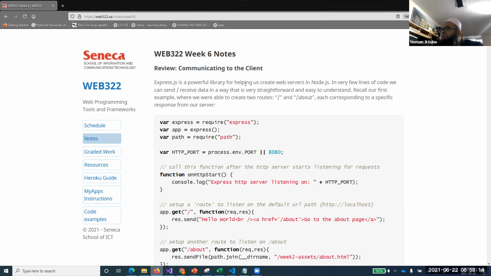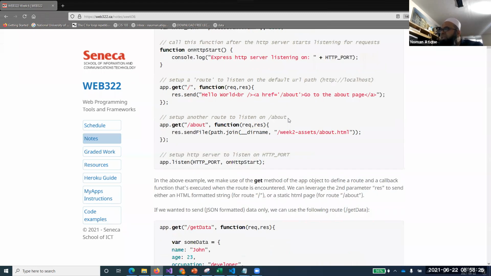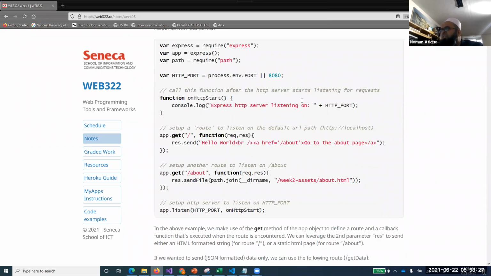Express is a powerful library for helping us create web servers in Node.js. In very few lines of code, we can send and receive data, very straightforward, easy to understand. Recall our first example, we were able to create 2 routes, each corresponding to a path. Express gives us this facility. It's making ground for our handlebars template engine. Creating 2 paths is very easy in Express.